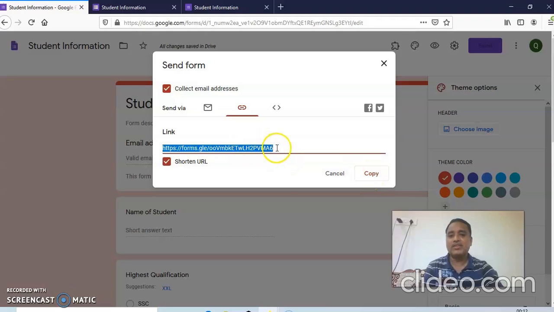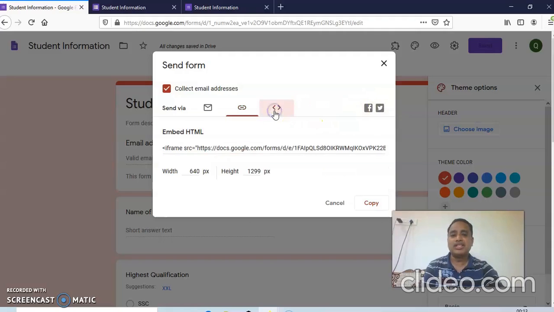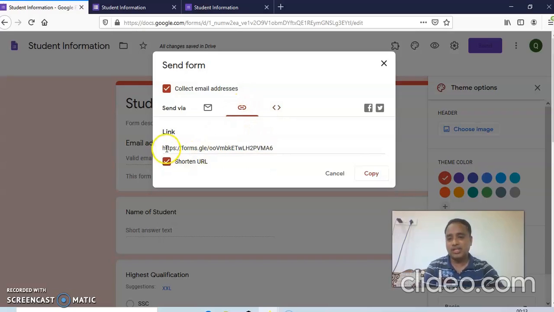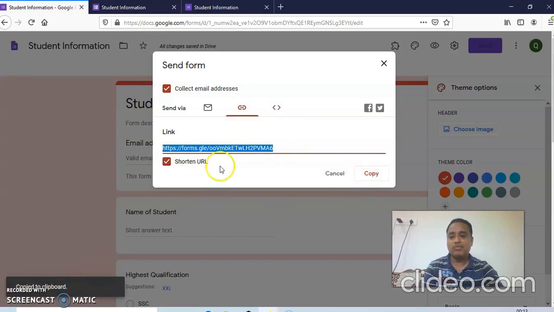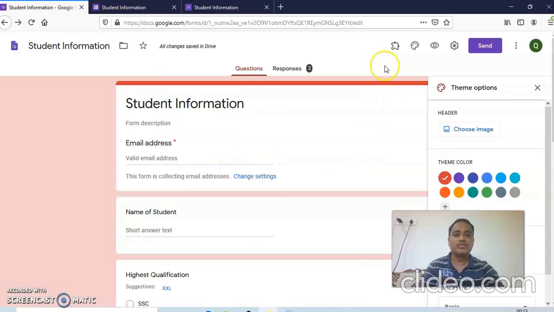And send on WhatsApp. So automatically form information will be collected. So you have to select this one, or you can go for Facebook, Twitter, and also that. And this one is an option used for embedding the HTML form. Means your website is there, on that website it will be attached automatically. So moreover, we are using this short link, and we can copy this and share to the WhatsApp group. So this is also very important.